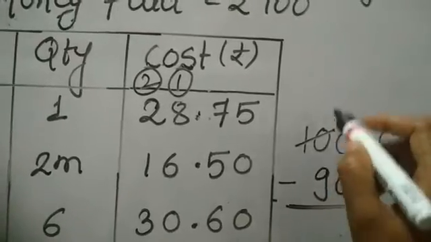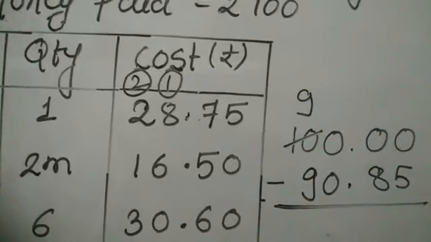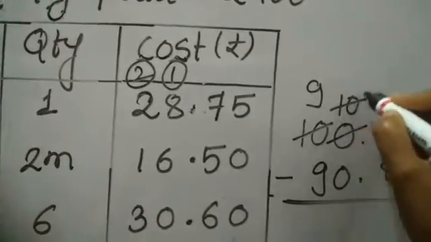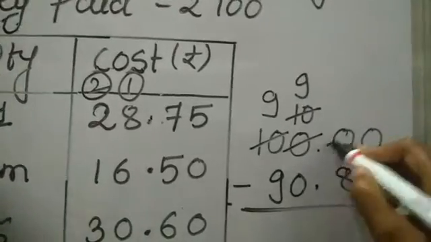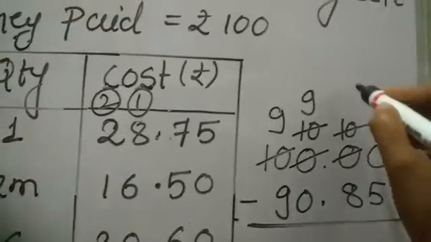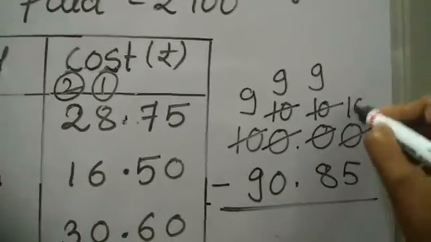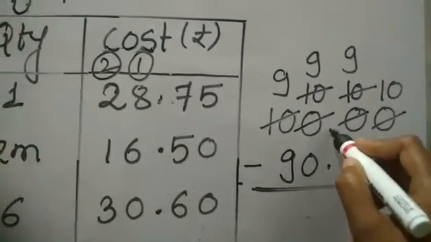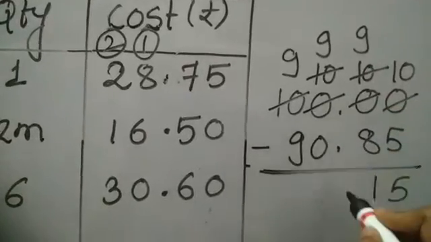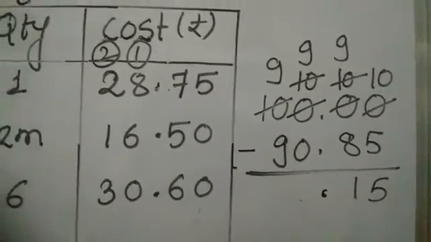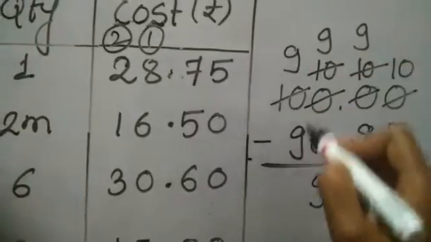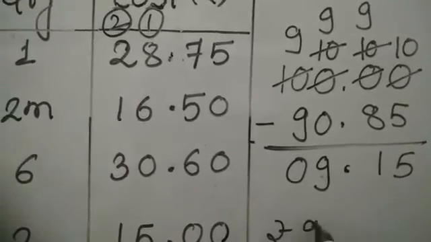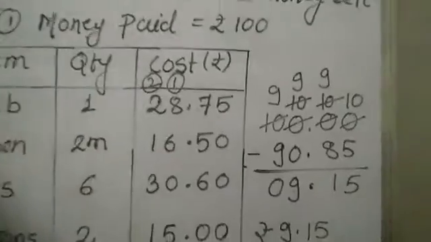So here I am going to cut 10 and write over there 9. As we are taking one borrow from 10, this will be 10. Again I am going to cut this 10 and write over there 9. This will be again 10. I am going to cut this 10 and write over there 9. And now this will be 10, right? Now 10 minus 5, 5. 9 minus 8, 1. Then here is the decimal point. So just below this decimal point I am going to put the decimal point over here. 9 minus 0, 9. And 9 minus 9, 0. So how much amount is left over? 9 rupees 15 paise is left over.